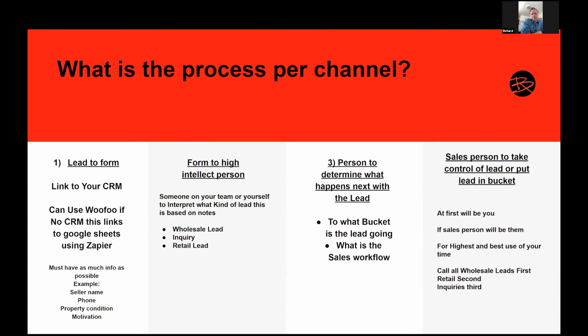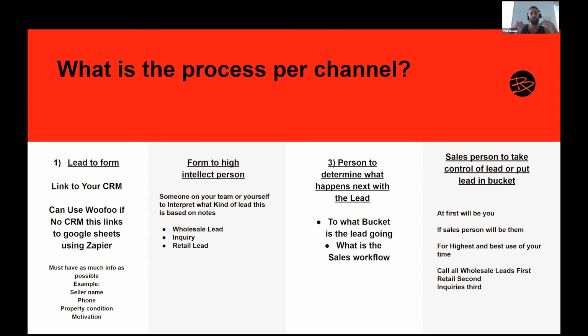So you're texting on Batch, Richard. You get someone that's pretty hot. Get their information: name, phone, condition, motivation. Put it on a simple Google Sheets or Excel sheet for now. Something very simple. Obviously, you're going to leave them in Batch, but let's add them somewhere else. Once they're in the spreadsheet or a Podio account or anything,